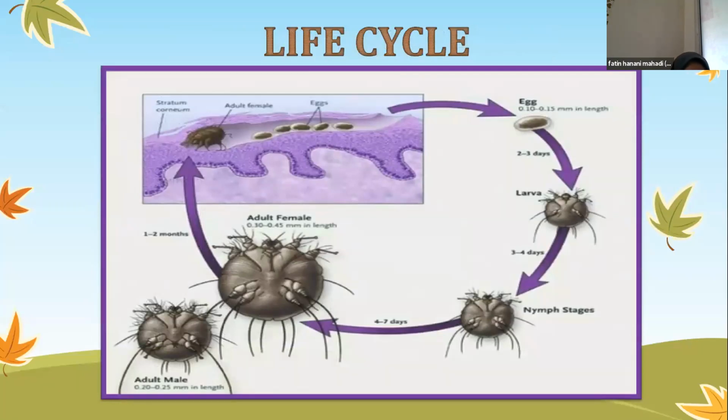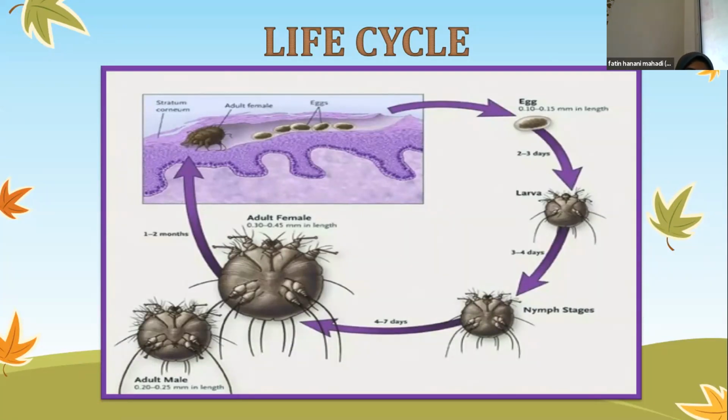Okay, next would be regarding the life cycle. Sarcoptes scabiei undergoes 4 stages in its life cycle, which are the eggs, the larva, the nymphs, and the adult. The story starts as the mite goes onto the person's skin, where it will burrow, dig into the upper layer of the skin, which is the stratum corneum. The thing is, this mite